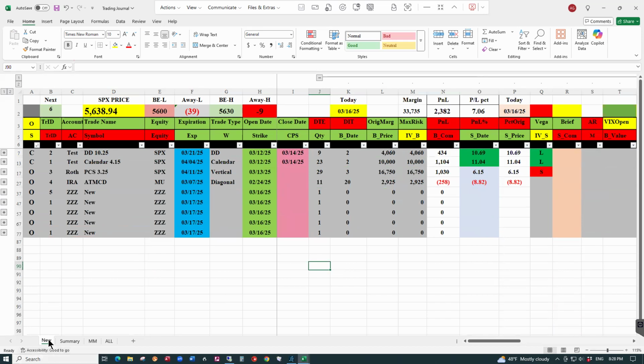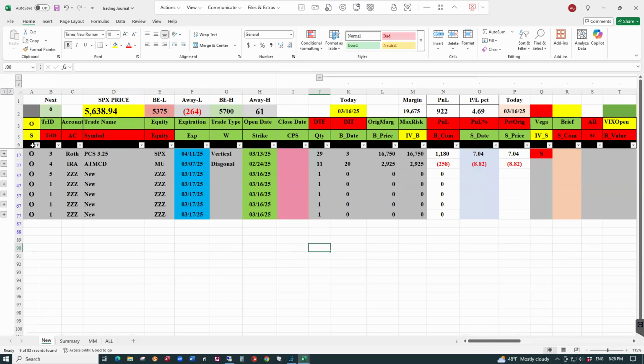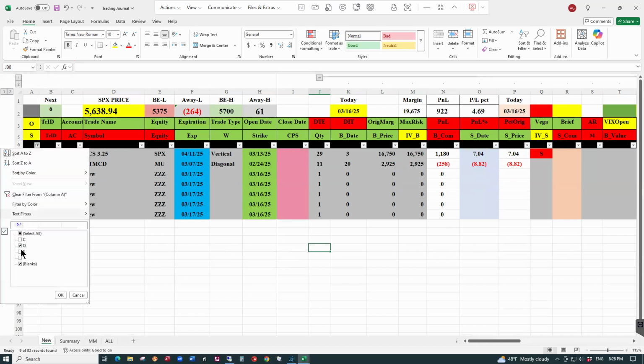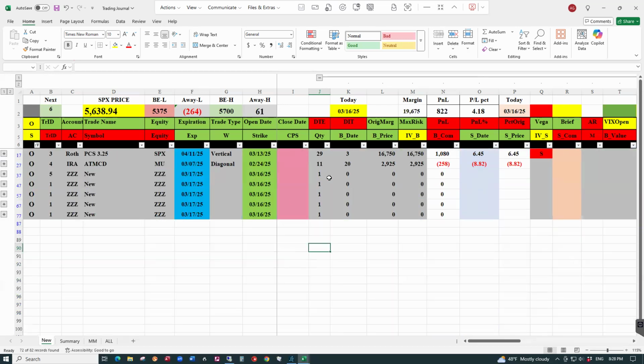So here, if I don't want to see closed trades, and if we have to see the other trades, now it will show me all the open trades and the summary of all the open trades and profit and loss. Now one of the questions that comes up is what to do when you are running out of these grids. Like we have,